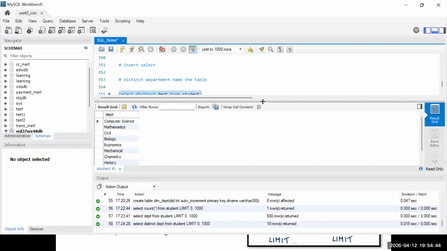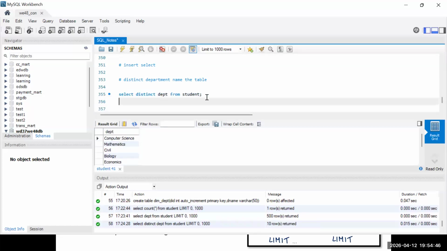Now, what is our ask? Take the unique department. How to take the unique value from a column? Distinct. Using distinct. Okay, very important, guys. This one we are going to use. We are going to do something called